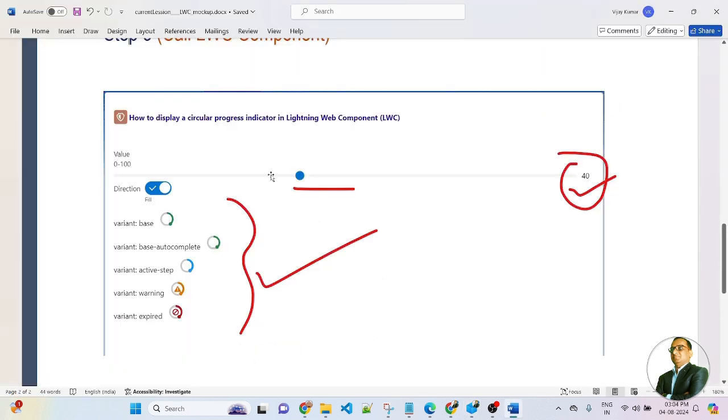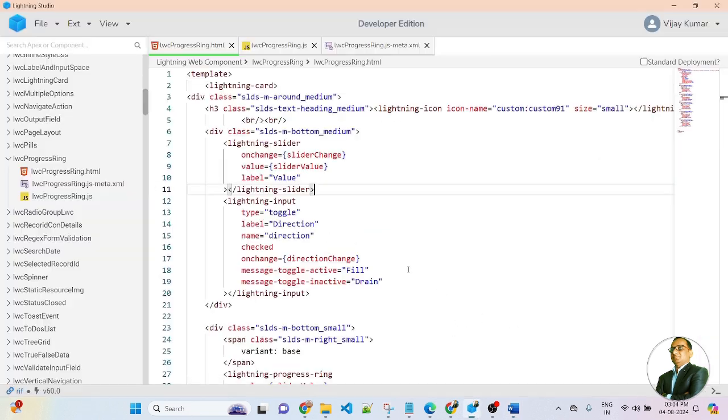So friends, you can see this is a lightning slider at the top. This is also an indicator. After the lightning slider, I create a direction. Here you can see after that I am using a toggle direction. First I use a lightning input, and the type is toggle. The label is Direction.